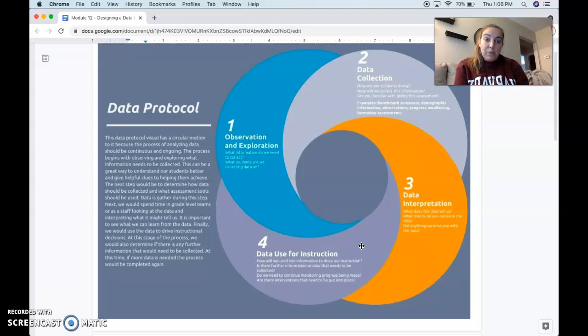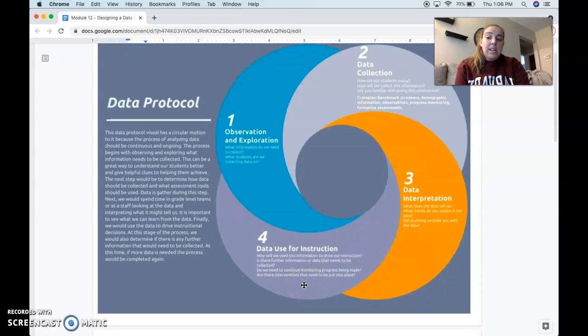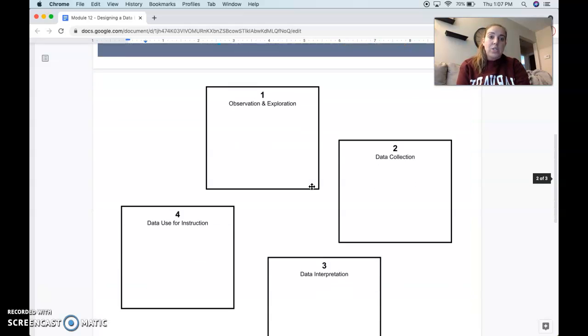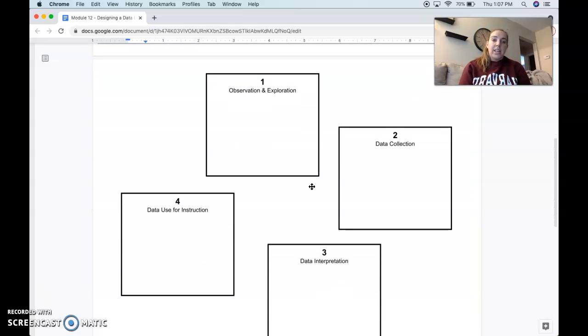And from this fourth step, I think that would be a really great segue back into the observation and exploration. I think data just needs to be continuously looked at, and then more data would possibly need to be collected to continue this process. So here's my visual, and then I also created this graphic organizer that could be used